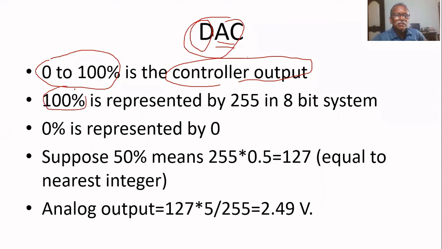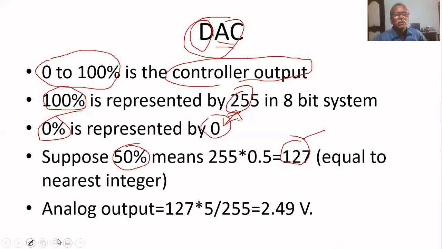If 100% is represented by 255 in an 8-bit system, 0% is represented by 0. So the controller output varies from 0 to 255 if it is an 8-bit system. Suppose 50% is the controller output, that means the controller output is 127. To convert this 127 into an analog value,